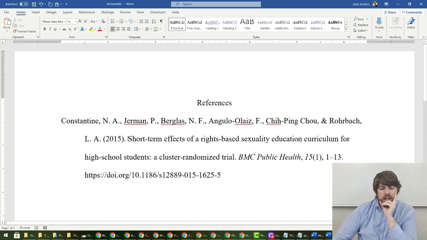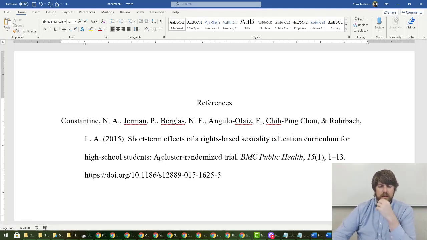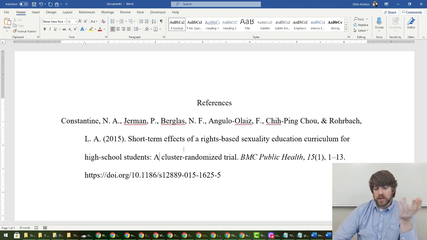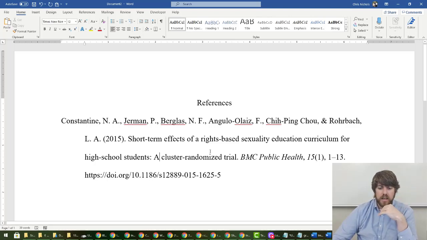You probably should always check the title here because sometimes they don't get it quite right. It says short-term effects of a rights-based sexuality education curriculum for high school students. And technically, every letter past the colon should be capitalized. A cluster randomized trial. As far as I know, that's correct. It might be that articles like A aren't supposed to be. I'm not aware of that. I always thought that the very first word that followed the colon is capitalized, so I'm going to change that. Journal titles, though, always have their capitalizations preserved for whatever reason. Names up there look fine. The year looks fine. Issue, volume,